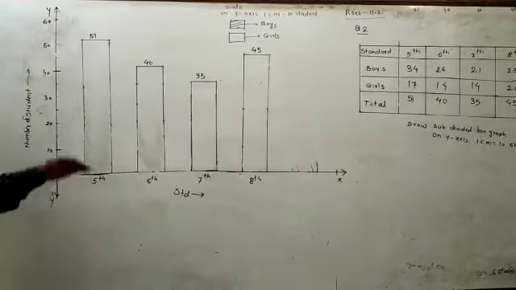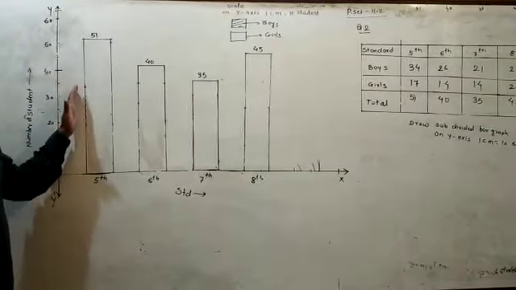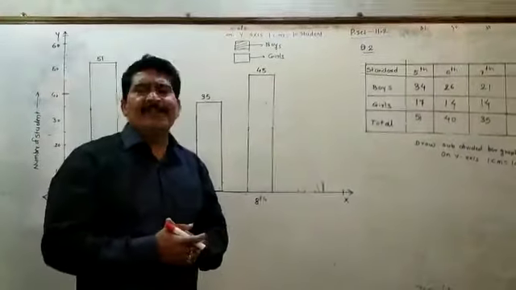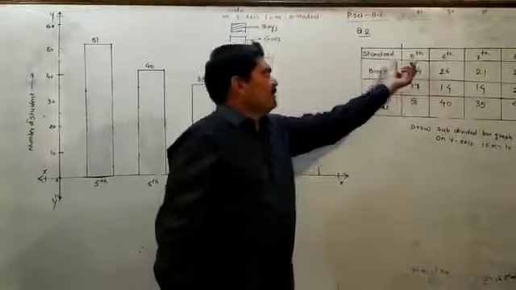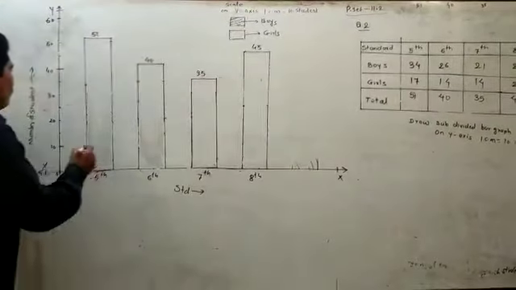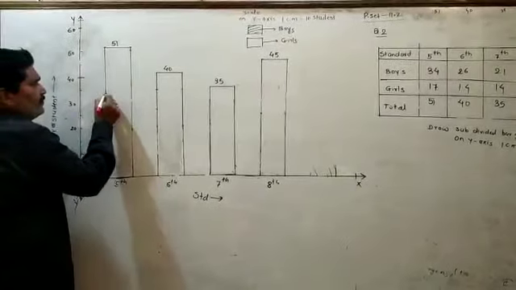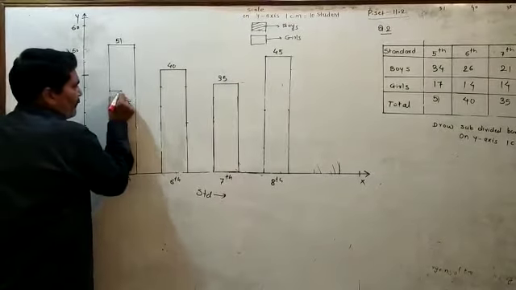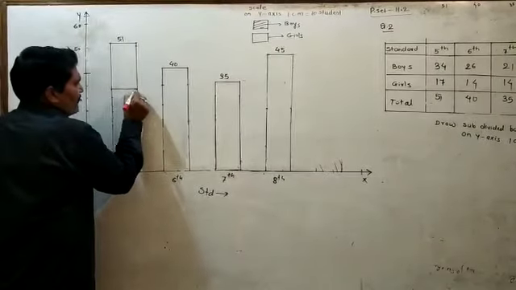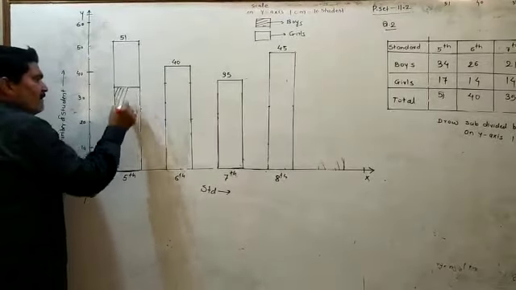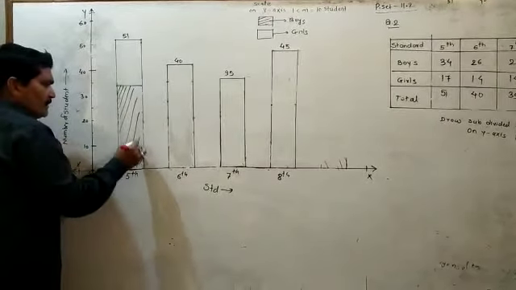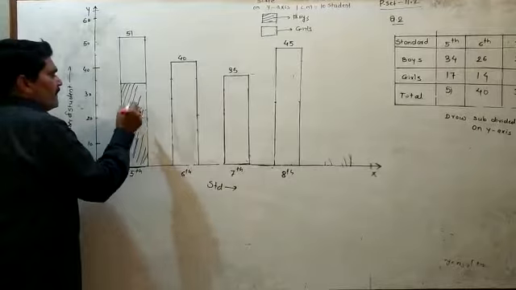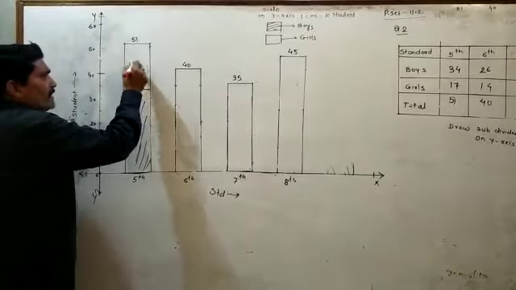After that you have to divide this bar into two parts, because the number of boys and the number of girls you have to show on that graph. So here in the 5th standard, the number of boys is 34. After 30, from the 4th line, you have to draw the subdivided bar like this. So I will say that this one is 34. I will shade this, and I will say that these are the boys. This 34 are the boys. At that time, the remaining 17 are the girls.